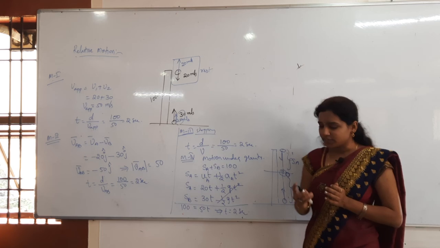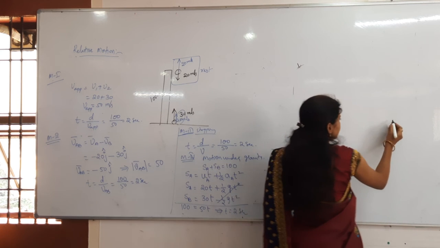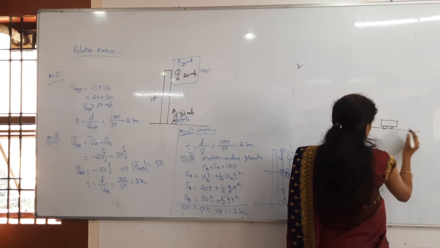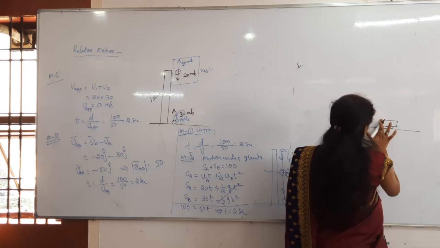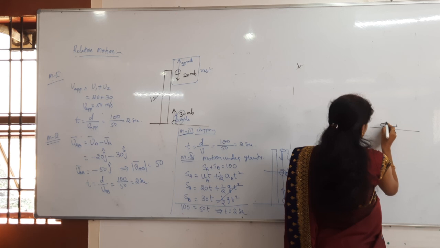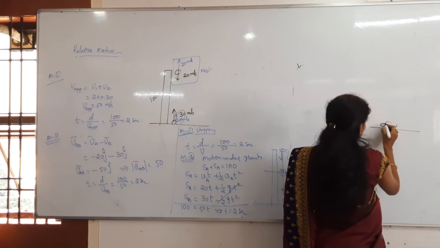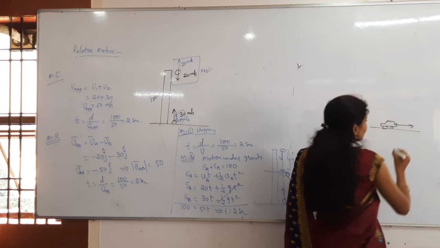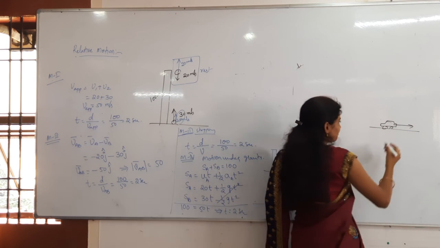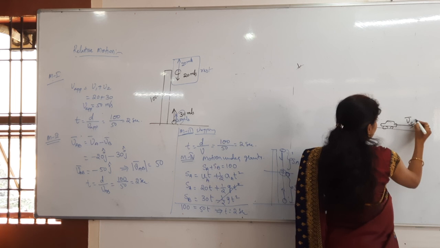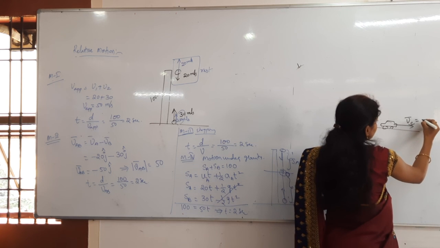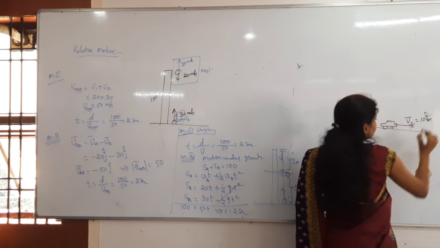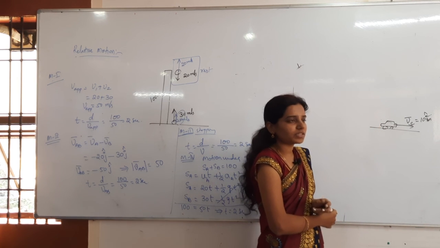So what they are telling is that whenever a truck is moving and a car is moving, both are in the same frame. Now the car is moving in which direction? East direction. So that is the velocity of the car. How much velocity did they say? 10 meters per second. VC is 10 i cap, the velocity of the car.